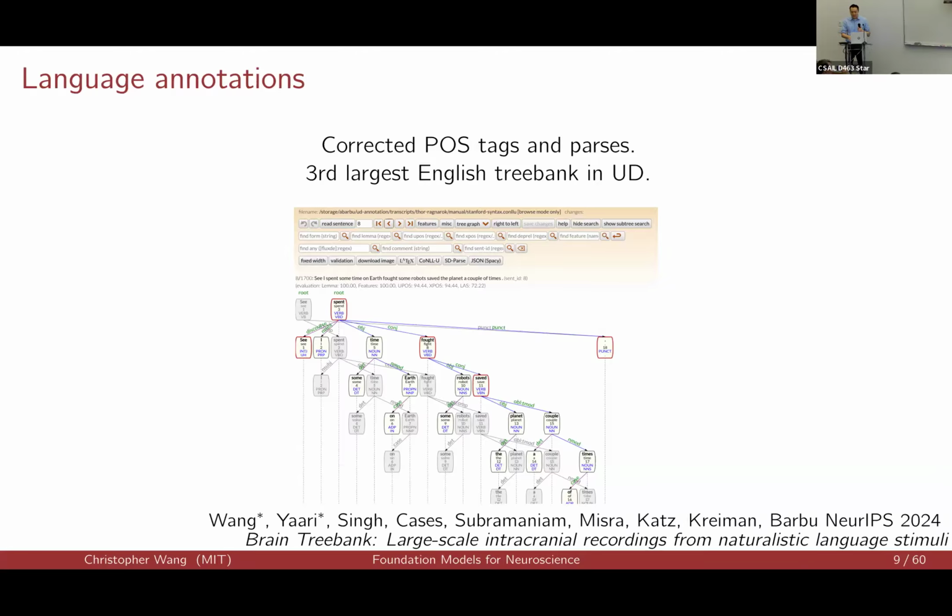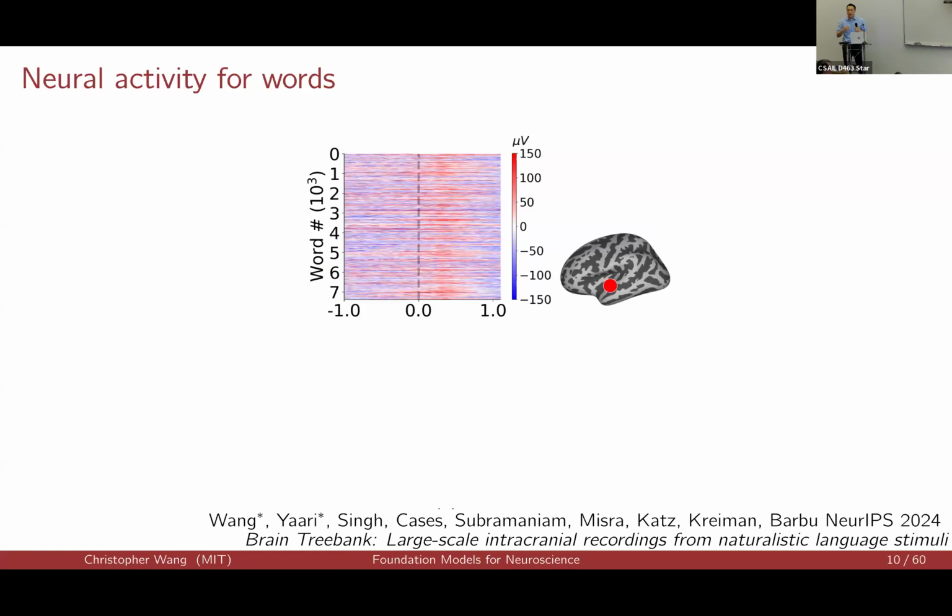But we are interested in the brain, and with high quality neural recordings, we can immediately see neural response to linguistic stimuli. So this is data from one patient, one movie, one example electrode in superior temporal gyrus, marked here in red, and each very thin row on this raster plot corresponds with one word. Blue is lower voltage as measured by the electrode, red is higher, and all the words have been aligned so that they start at word onset t equals 0, here marked by the dashed line.